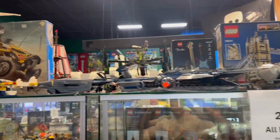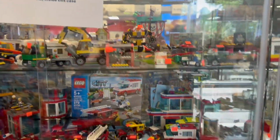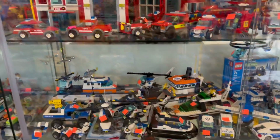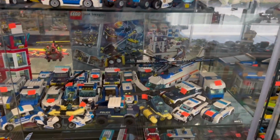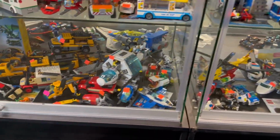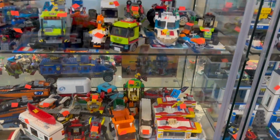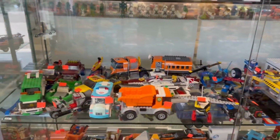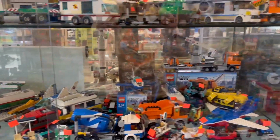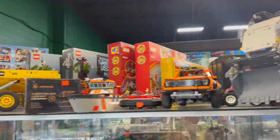Oh yeah, they did have a sale on built City sets. It looks like so, but I would say that they've got to have the largest. I don't even think a BrickLink store has them beat on their inventory. They've got two massive locations completely full of stuff. So I would say they definitely by far have the most inventory and probably honestly individual pieces too. I mean, they try to sell only sets and not as many individual pieces, but their bulk area was massive in both stores, and I could have probably sat there for hours just looking and getting pieces,